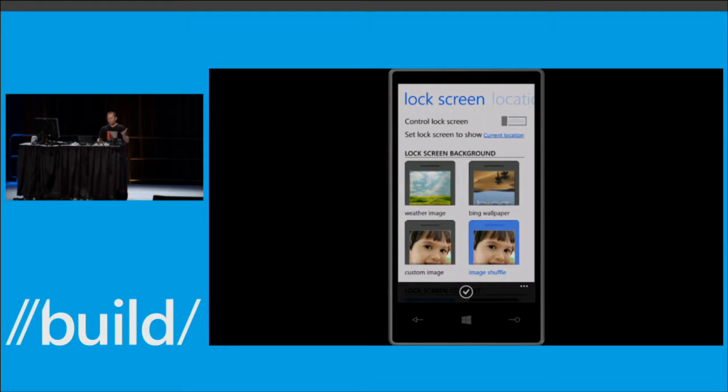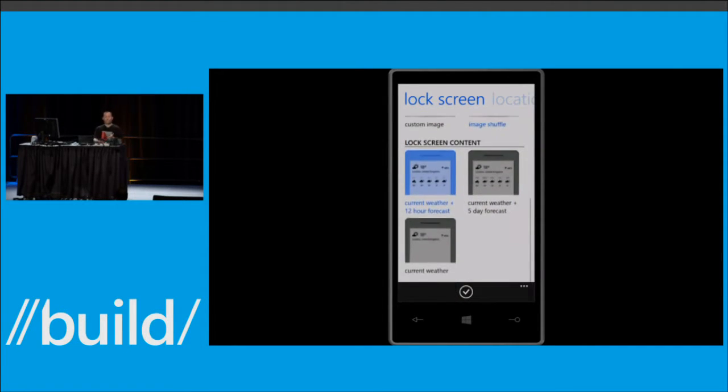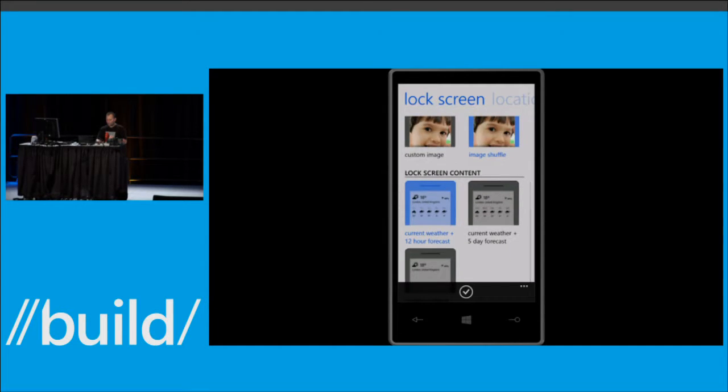He's taking all these images, and he's actually making sure that he can show them every time a background agent runs. I'm going to turn on so that he can control my lock screen. He's got some more options I can pick. I can pick, do I want to see the 12-hour or the 5-day forecast or just the current forecast? I kind of like the 12-hour on my lock screen. I can just pull my phone out real quick, and I can see what the weather's going to be like coming up. And when I hit save, he's now updating the lock screen,